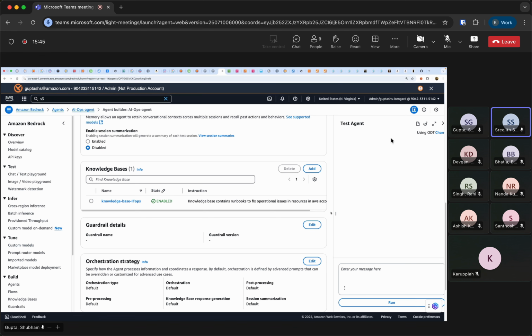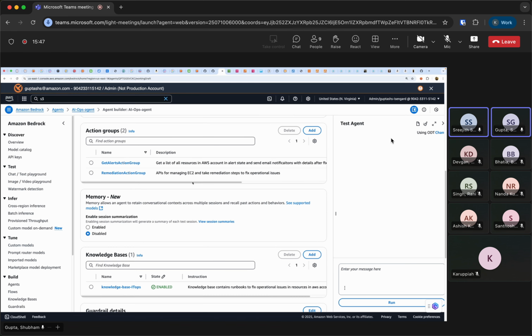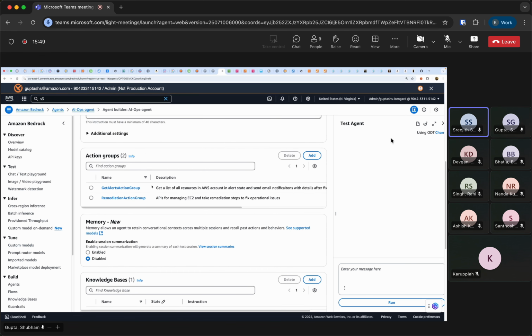Okay. And the action group, is that something you define or is it available? So what does it do behind the scenes? Yes. So basically, I have created a Lambda function, okay, which contains all these API calls which I can make. But now this has also become a lot easier with the advent of MCP servers. So I'll be showcasing what MCP servers are available now and how you can actually automate some of this as well. But yeah, I'll showcase this in a bit.